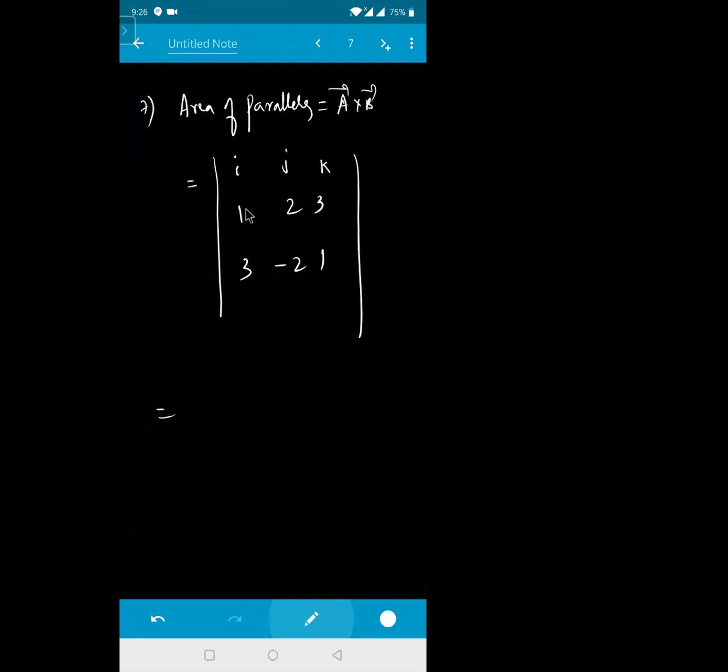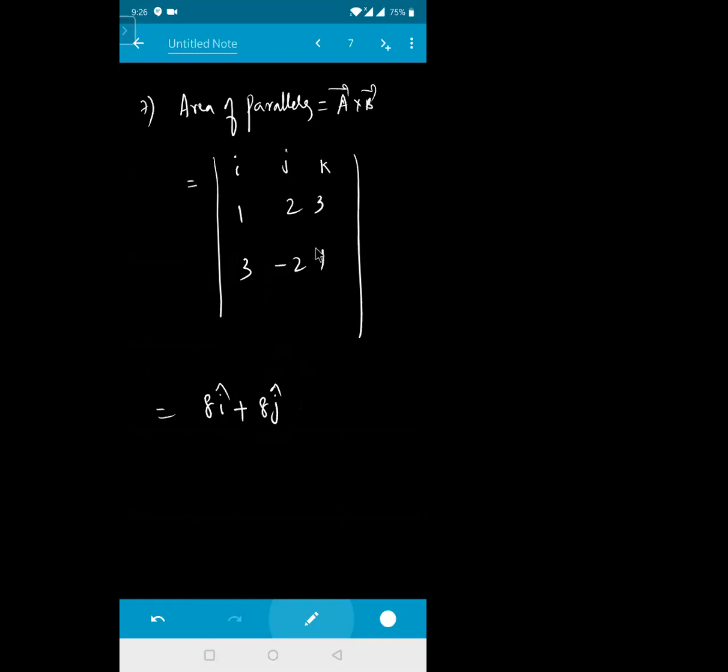So multiply this one. If I'm multiplying, close the i and multiply this one. 2 into 1 is nothing but 2. 3 2s are 6, 7, 8. So this will become 8 into your i cap, plus. Then close the value of your j. Then cross multiply this 2. This 3, 3 3s are 9. This 1. So this will become 9 minus 1. That will be your 8. So this will become 8 into your j cap.